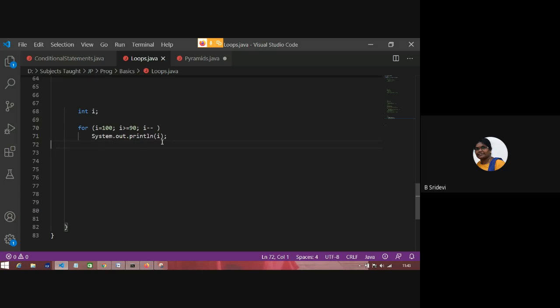Clear? And there is one more variation in for loop. Here I kept one initialization, one condition and one updation. There is nothing like you have to put only one initialization and one updation. Okay, you can put more than one here. See, I am writing like this. I have 2 variables now, I and j. Okay, my initial value of I is equal to 1 and my initial value of j is equal to 10.